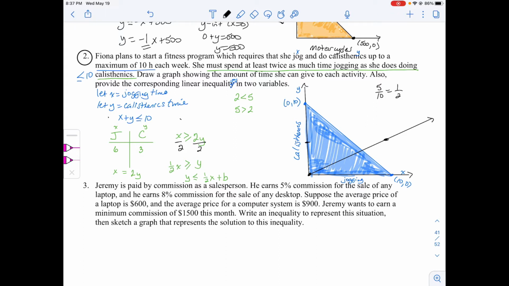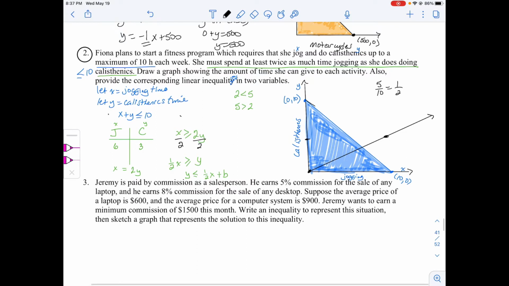So now she's got 2 constraints. She's got a maximum of 10 hours that she can spend. Anything along this line right here that I'm kind of overlapping would mean her time spent is equal to 10 hours exactly. Anything less would be a combination of times that would be fewer than 10 hours. And if y is less than or equal to 1/2 x plus b, and our b value there was 0,